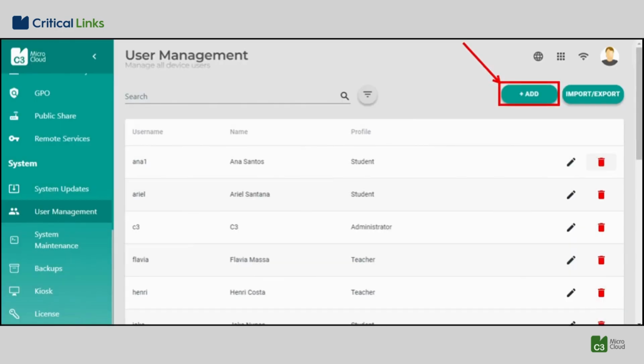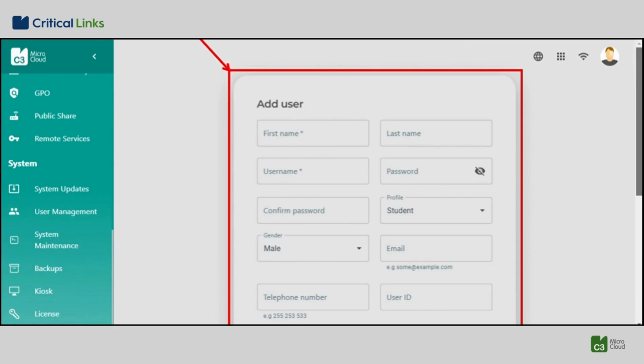We can also add more users to our C3 microcloud via user management. Just click on the Add button as shown. Selecting this option will open a form, as we can see on the screen, so that we can fill in